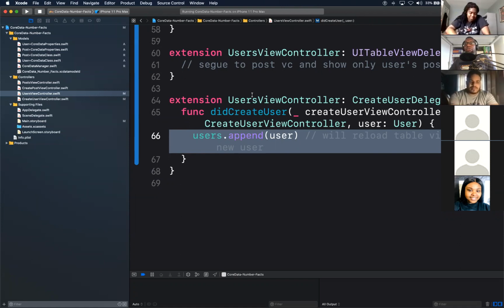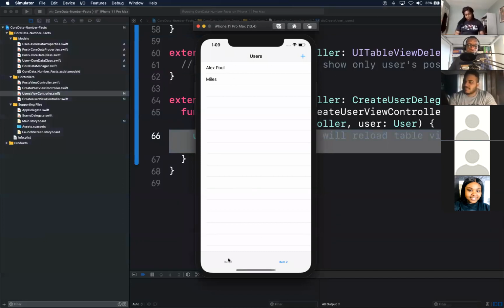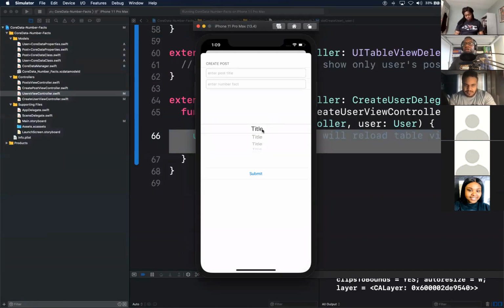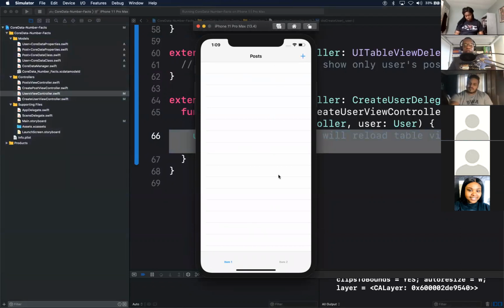So what we're doing after lunch is setting a post in a similar way. When we come back, we have users, right? When I create a post, I want to have my users here. Select a user, create a post with that user. When I click submit, it shows that post on that user. And that's actually it. We're done. Well, there's probably one more step where I click on something and segue to the post as well. But again, the basic part of the core data part of it, we've